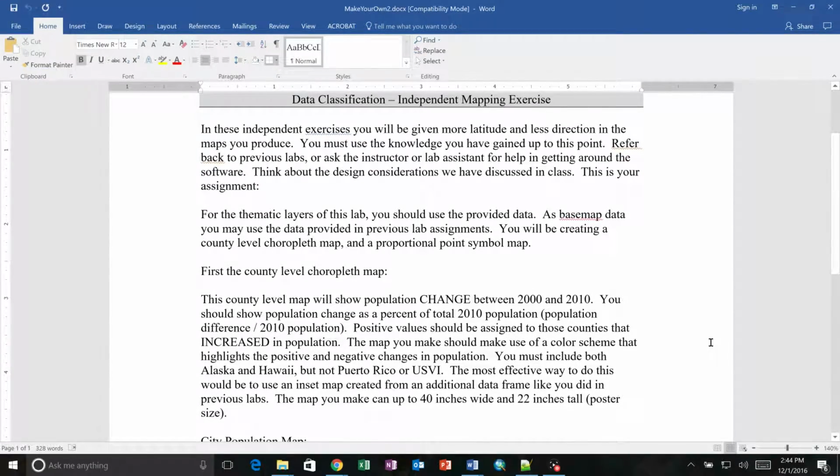All right. So this is the second of the two exercises where you have more latitude. So you might have to refer back to previous information, and if you have questions, ask me or Chris or Corey, and be able to help you. All right. So